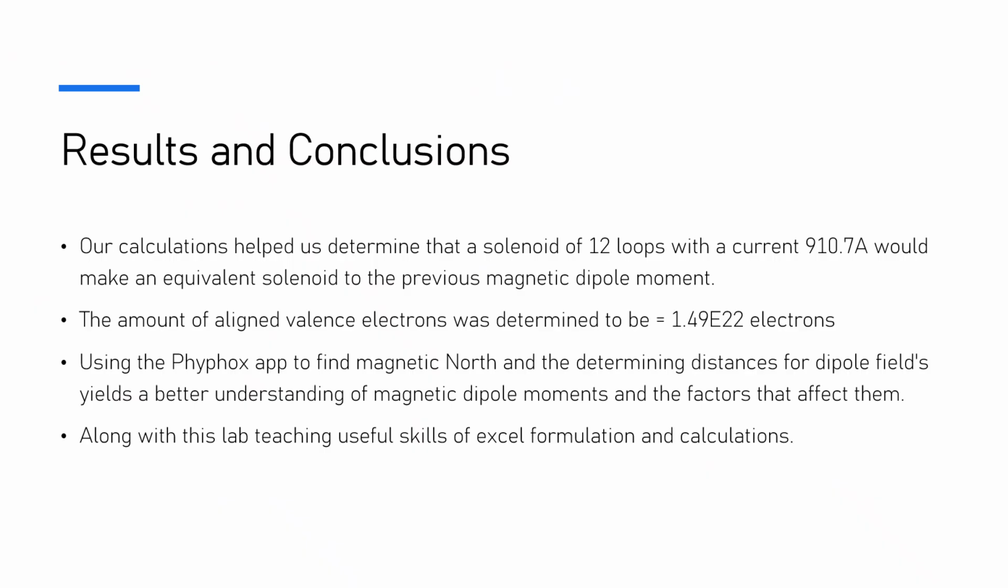Results and conclusions. Our calculations helped us determine that a solenoid of 12 loops with a current of 910.7 amperes would make an equivalent solenoid to the previous magnetic dipole moment. We were also able to conclude that the amount of aligned valence electrons was determined to be 1.49 times 10 to the power of 22 electrons,